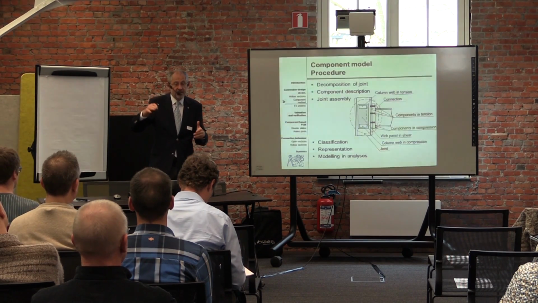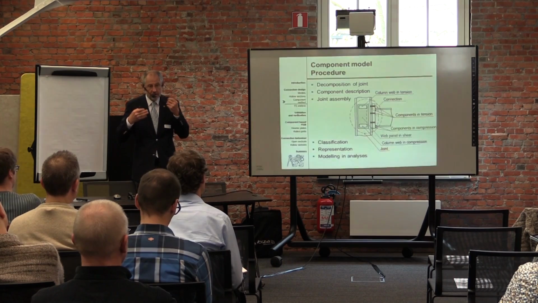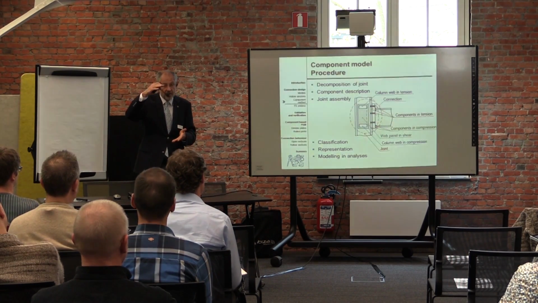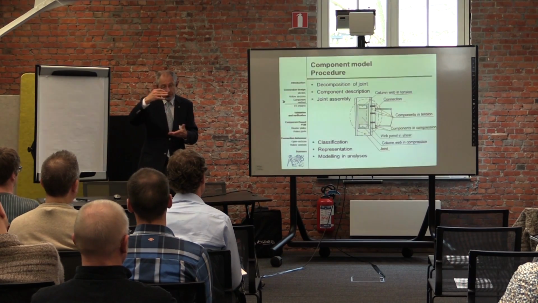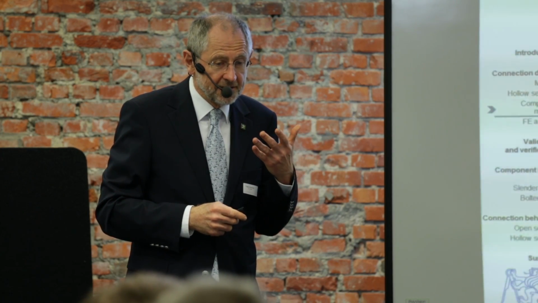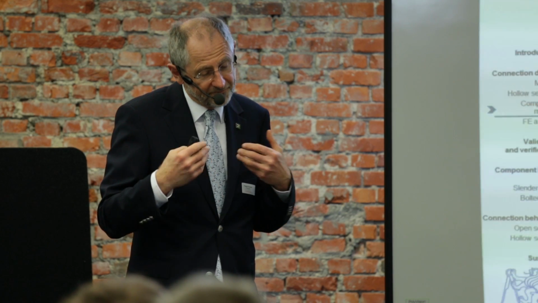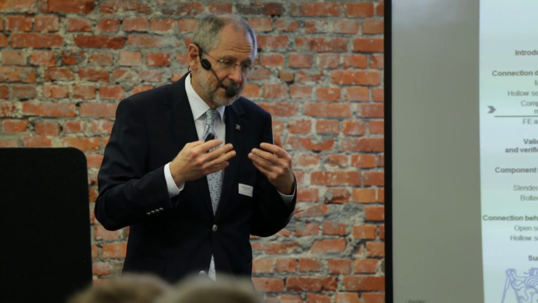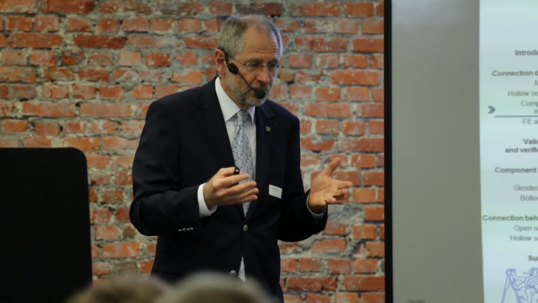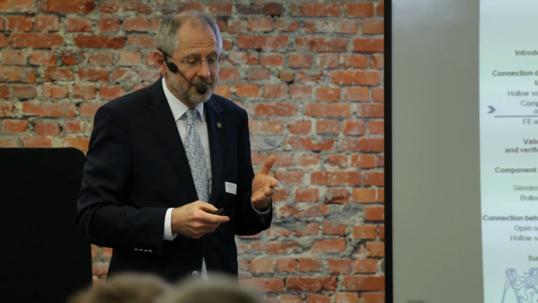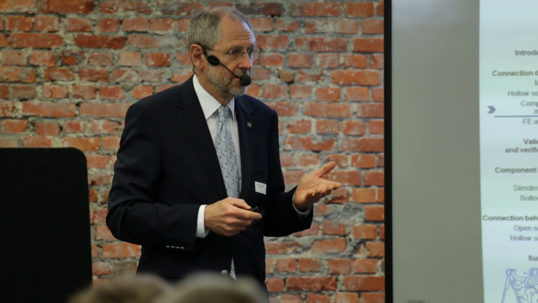And resistance is calculated based on good engineering judgment inside the connection, what the lever arm is, and the distribution of forces to each component. So the component method is relatively easy if you have a good judgment of your lever arm,